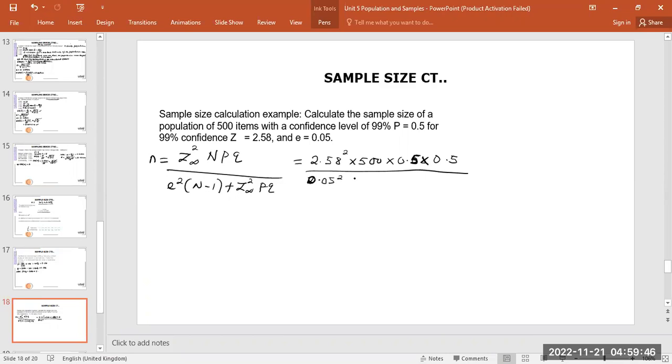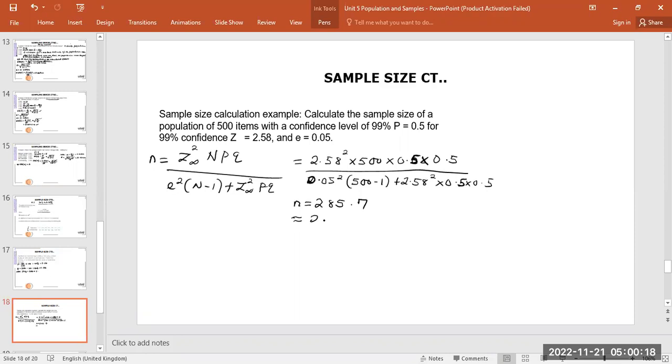squared multiplied by capital N, which is 500, minus 1, plus 2.58 squared PQ multiplied by 0.5 multiplied by 0.5. And if you do the maths carefully, you should arrive at n is equal to 285.7, which can be